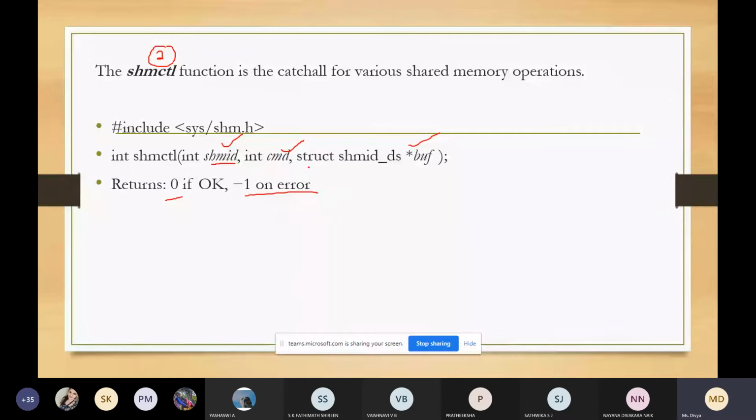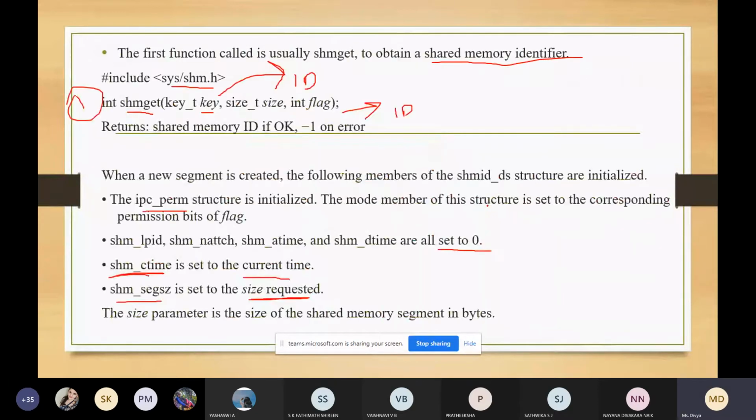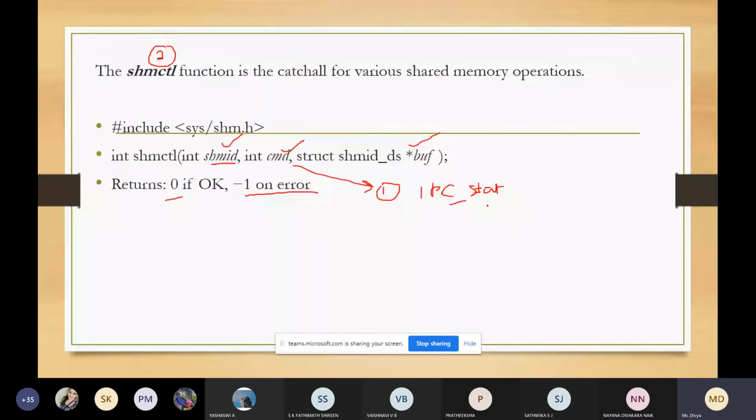So what are the 5 commands? The first one is IPC_STAT. This command is used to fetch the structure information for the particular segment, and it is stored in the structure pointed to by this buffer.